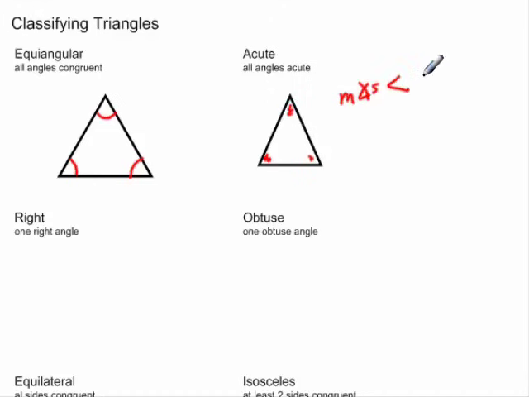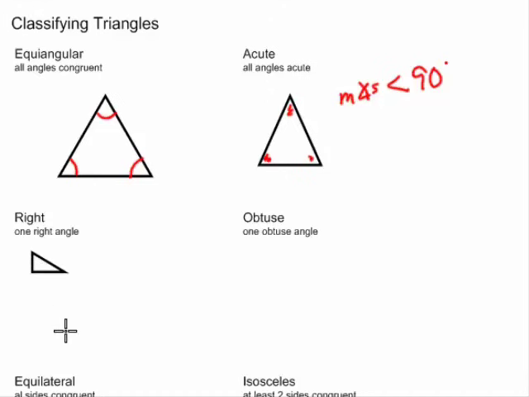all less than 90 degrees. They're from that 0 to 90 range. Just like we classify an angle as acute, an acute triangle would be a triangle where all angles are from 0 to 90 degrees. A right triangle would be a triangle with